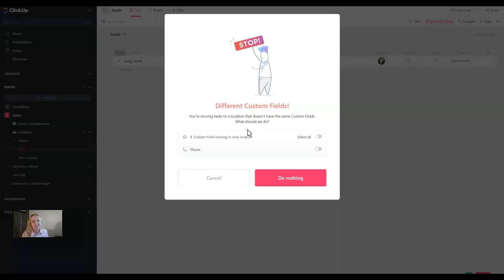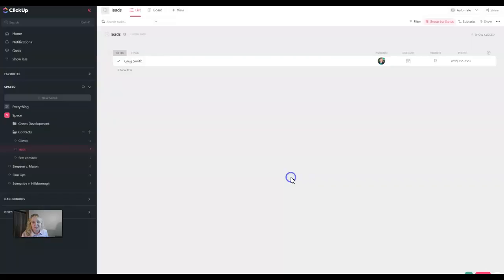But for purposes of this demonstration, it says one custom field is missing in the new location, the phone number is missing. So I can either move it and add that phone number field to the list, or I could just do nothing. But let me show you what happens either way. So this time I'm going to say do nothing. And you're going to see, now I go back to my clients list,